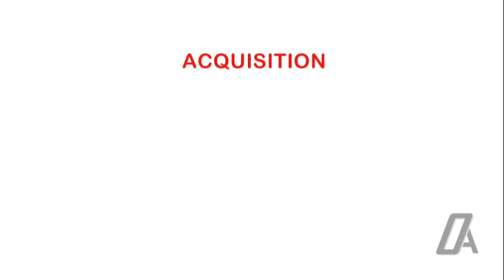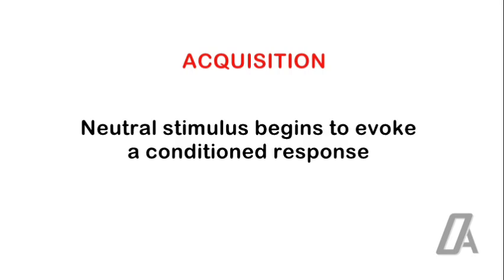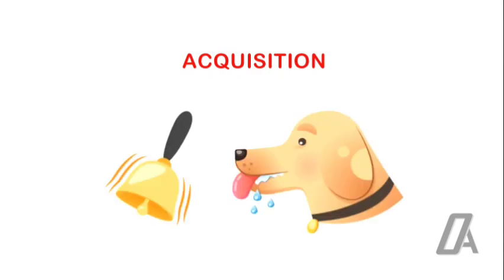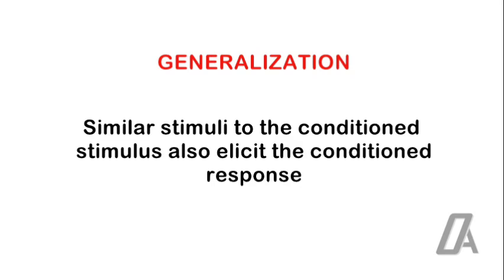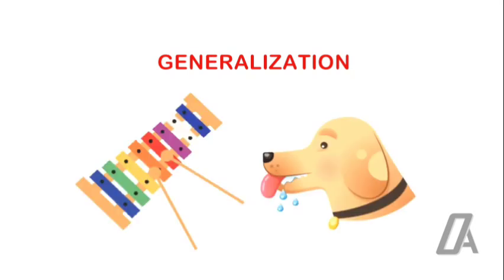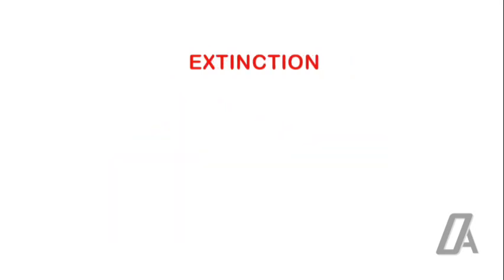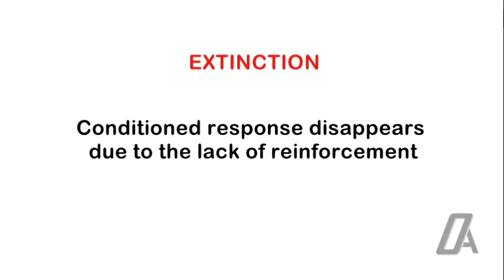Acquisition. This refers to the initial stage where a neutral stimulus begins to evoke a conditioned response. For example, salivation in response to the bell. Generalization. This occurs when similar stimuli to the conditioned stimulus also elicit the conditioned response, like salivation to similar sounds resembling the bell. Extinction. When the conditioned response diminishes or disappears due to the lack of reinforcement, like the bell